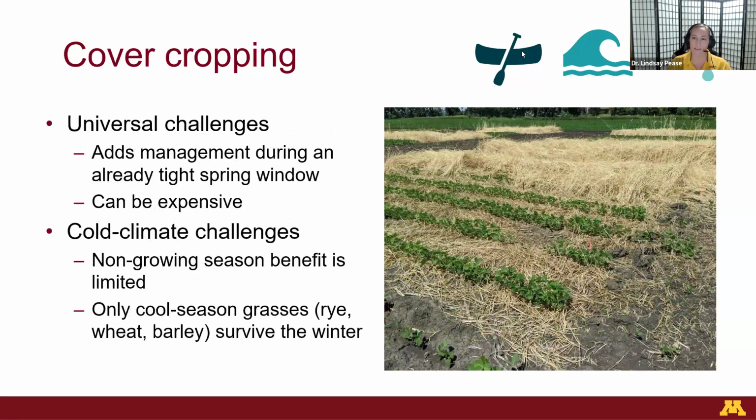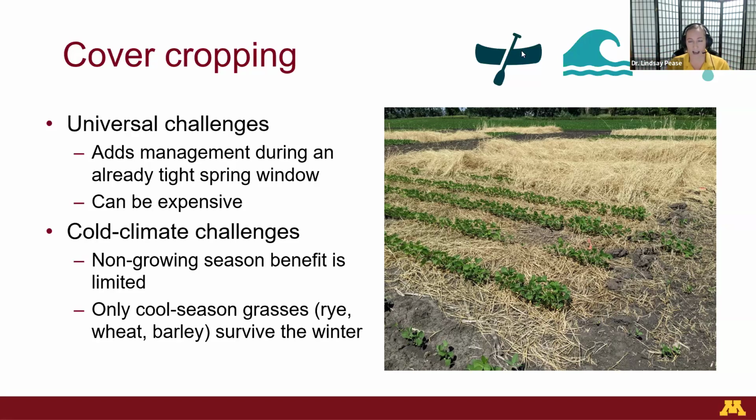But the flip side of cover cropping, and the answer to, well, then why doesn't everyone just apply cover crops, is that it does add a management challenge during an already tight spring planting window. Farmers usually don't have just one field they're planting. They're trying to network across many fields. And in fact, a farm, especially in my area where you have a lot of space, could be as many as 1,000 or more acres that a farmer is trying to manage. So they're really trying to get everything planted in a timely manner. And having cover crops does add a complication, especially if you have a heavy rainfall year.